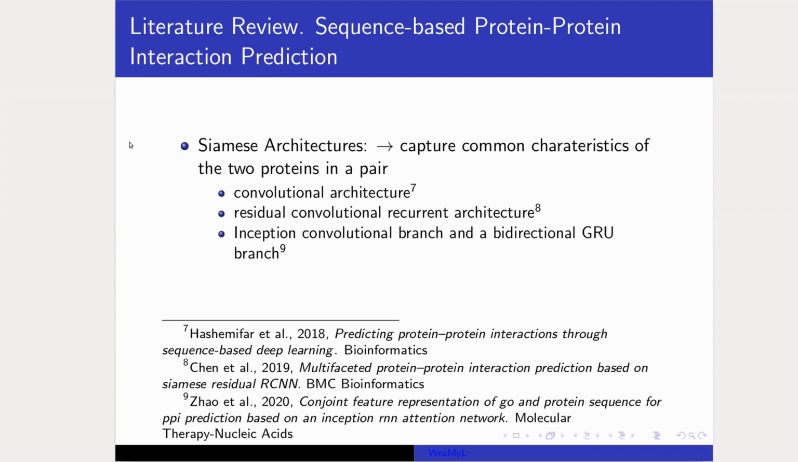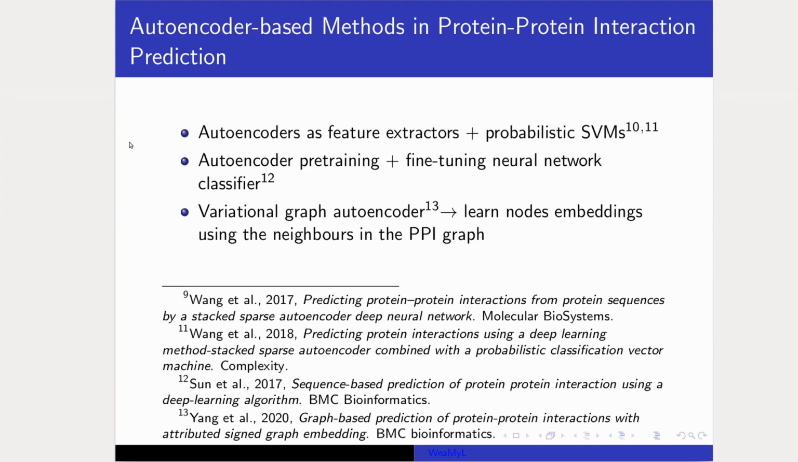so a set of weights that is shared between the two proteins in the pair, and in this way can capture common characteristics of the two proteins and can help in better modeling these relationships between the proteins. These types of architectures have been studied in various flavors, from plain convolutional architectures up to convolutional and recurrent architectures, all types of such models. Autoencoders have also been studied in the context of protein-protein interaction prediction